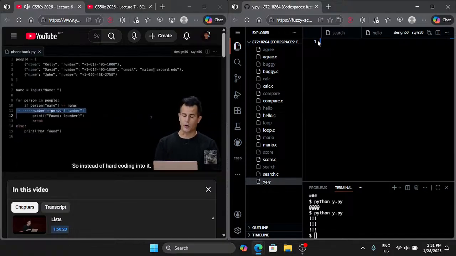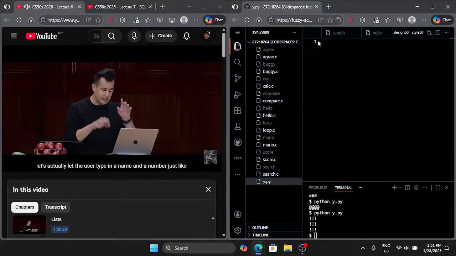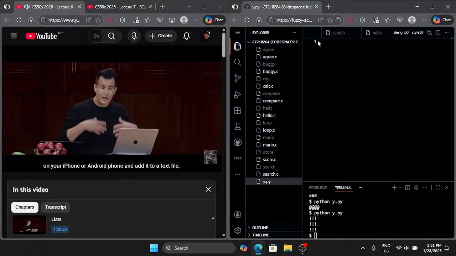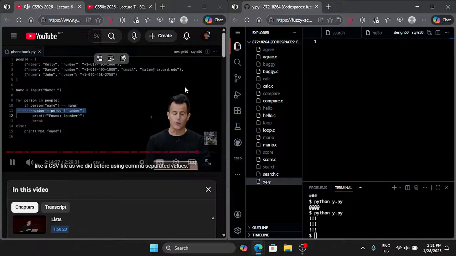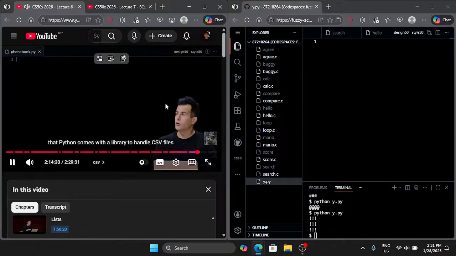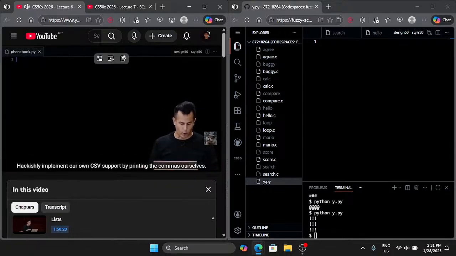So instead of hard coding into it Kelly and David and John in this way, let's actually let the user type in a name and a number, just like on your iPhone or Android phone, and add it to a text file, like a CSV file, as we did before, using comma-separated values. Well, it turns out that Python comes with a library to handle CSV files. We don't need to hackishly implement our own CSV support by printing the comma